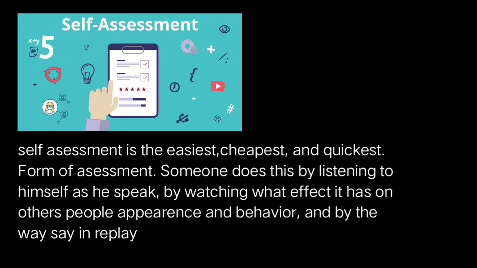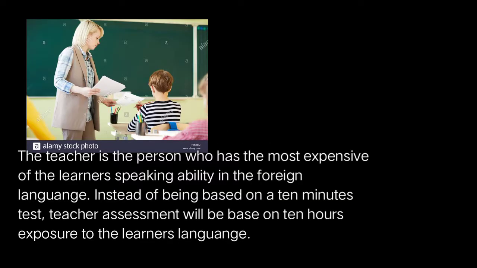1. Self-assessment. Self-assessment is the easiest, cheapest, and quickest form of assessment. Someone does this by listening to himself as he speaks, by watching what effect he has on other people's appearance and behavior. 2. Teacher assessment. The teacher is the person who has the most exposure to the learner's speaking ability